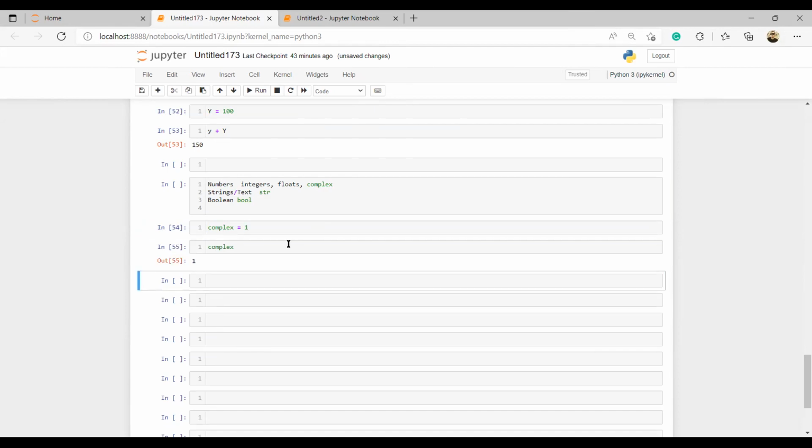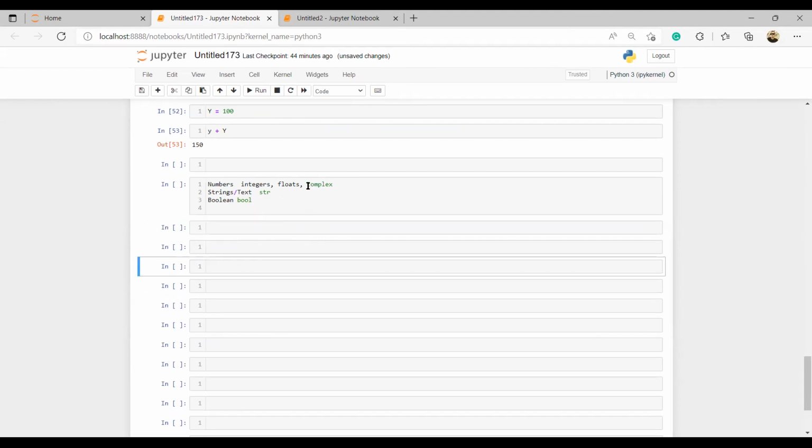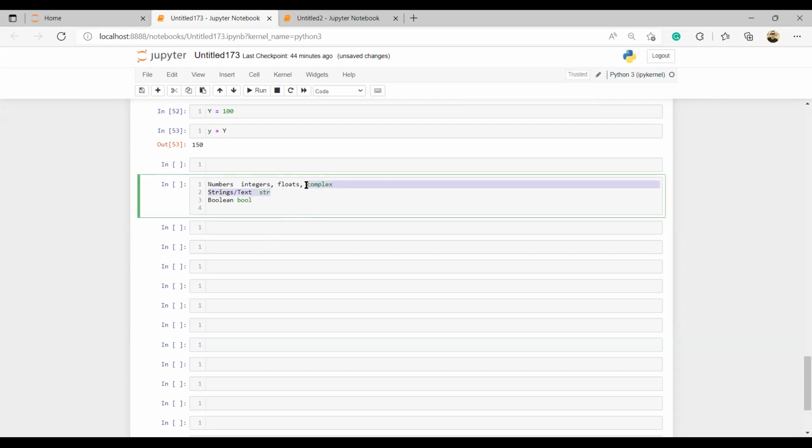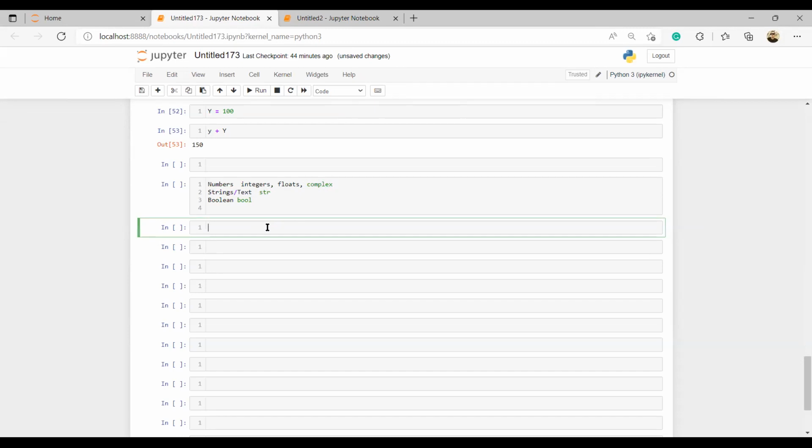But imagine, because this is a reserved word, if I want to call this complex and call the original complex that is built in, it will not understand what you are saying. So whenever you are creating a variable, do not use the reserved names. Once it changes to green, don't use that name. Green means reserved.